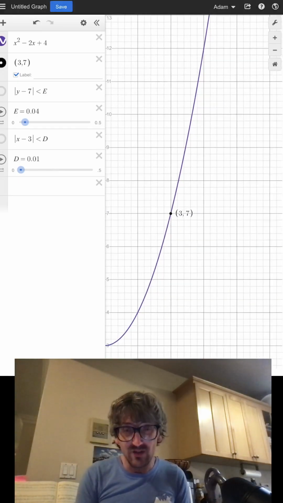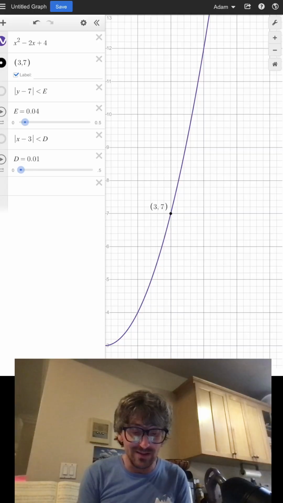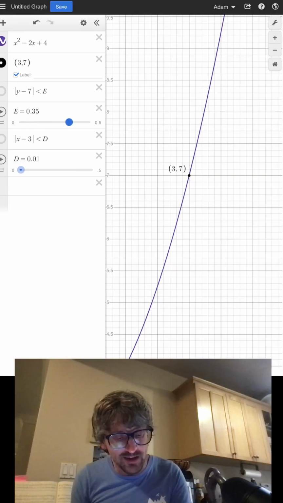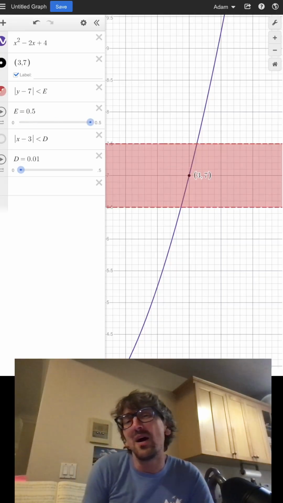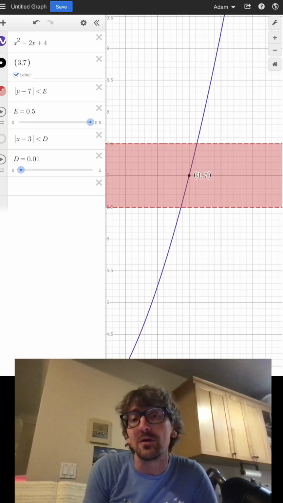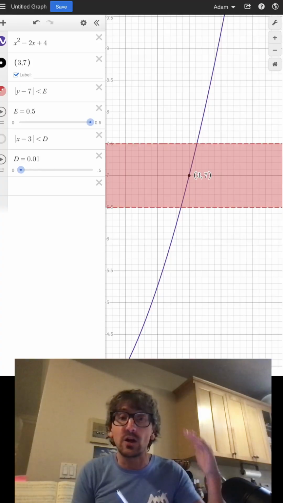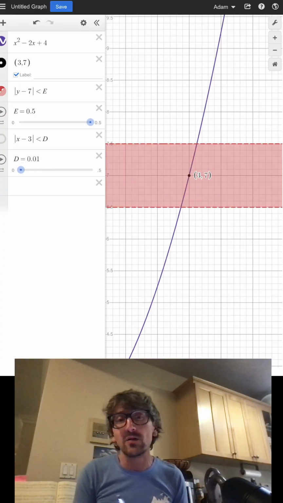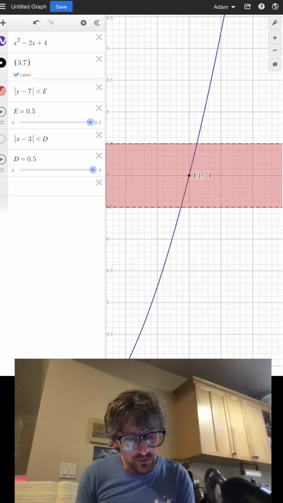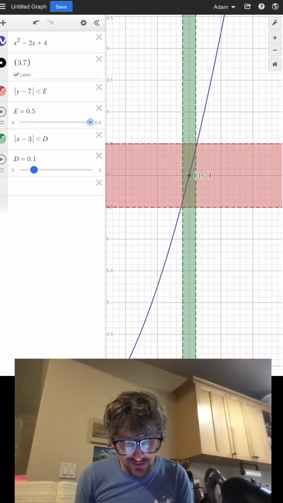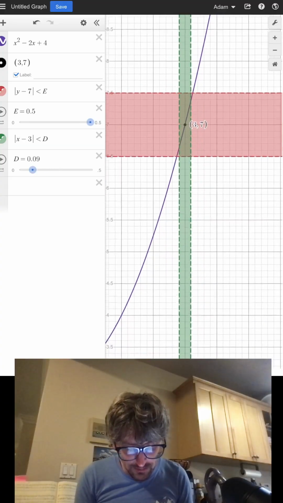Now, what the delta-epsilon definition of continuity says is that if your inputs are really close to 3, then your output should be really close to 7. And the way it works is almost like a game. We say, well, okay, how close would you like the outputs to be to 7? And if someone said, oh, within 0.5, so they could go up to 7.5 or they could go down to 6.5, what I would do is I would say, oh, well, I promise you that as long as the inputs